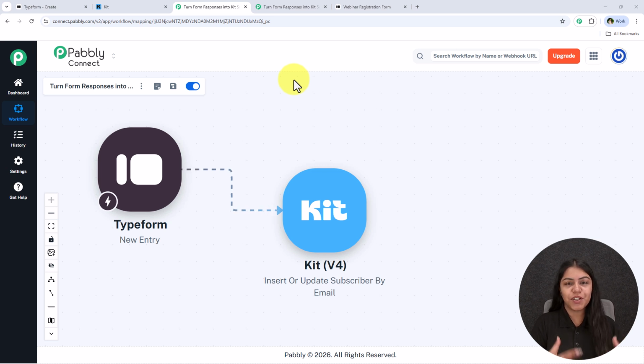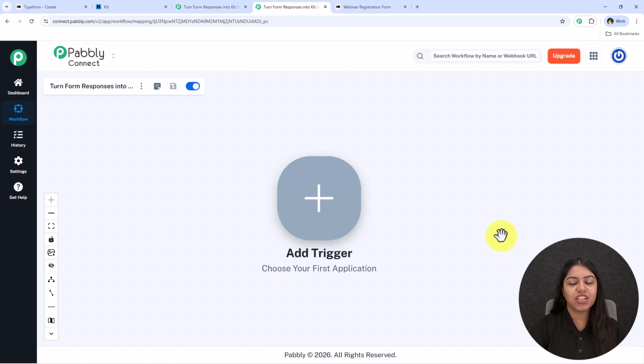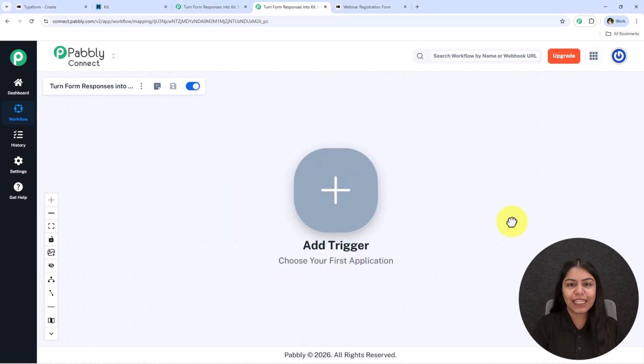So do you also want to turn your form responses into Kit subscribers? Then you are on the right video. In this video, I'll show you how you can automatically add a new Typeform entry into Kit as a new subscriber. So to do this, you just have to open your workflow builder inside Pabbly Connect if you are an